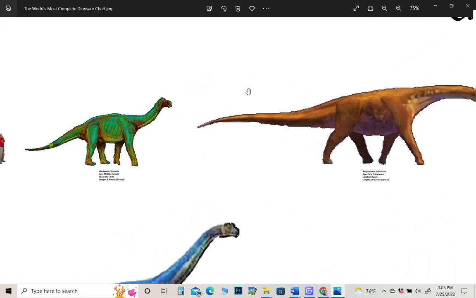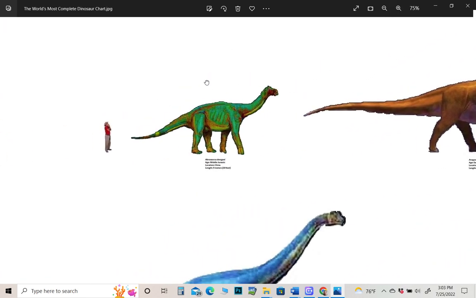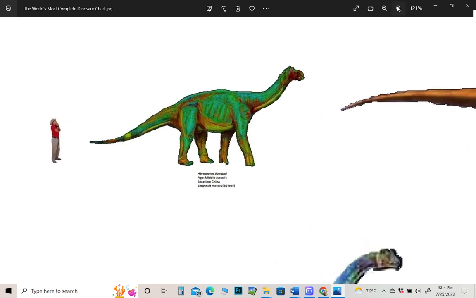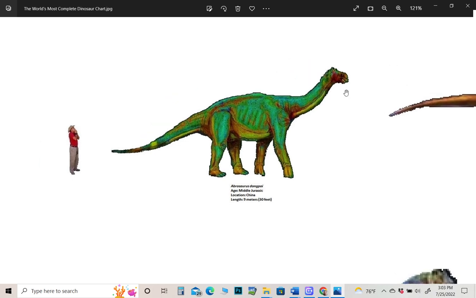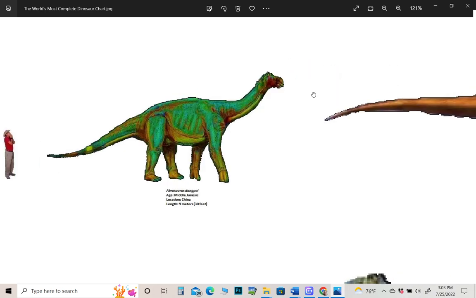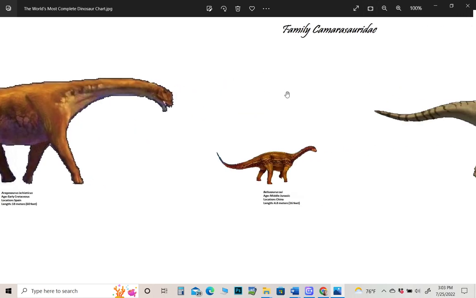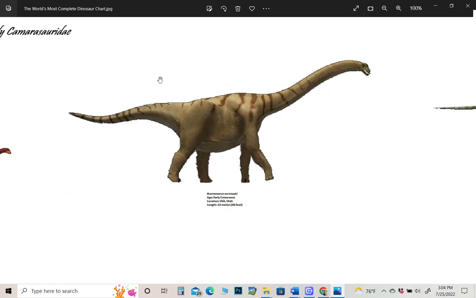There's only 15 of these. After I first made the chart, I put in replacement art for some of these since then, but I have not added any new dinosaurs to this since it was first compiled. So they're not finding these very quickly. Aragosaurus, Bellusaurus, Brontomerus,